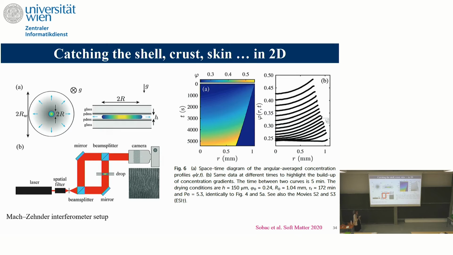using more sophisticated techniques. Again, a drop confined between two plates, and they use some interferometry setup to evaluate the concentration of the colloids inside. And they end up with this kind of 2D map. This is a scale for the volume fraction, and this is time. So with time you see that the interface